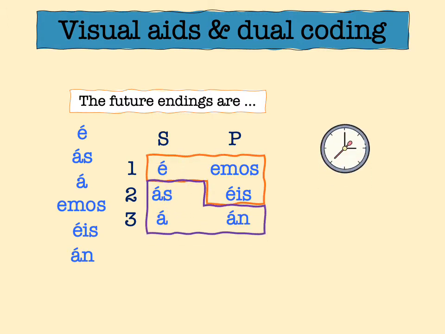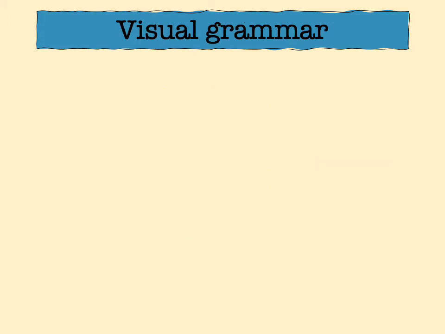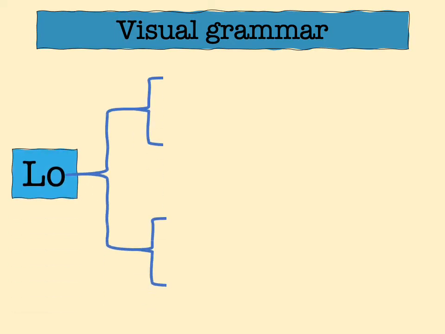And I also try to use phonetic aide-mémoires. So for the Spanish word for when, for example, here we've got taekwondo, and if we lose the tai, we're left with cuando. I also try to provide highly visual explanations for grammar, such as by using highly visual presentations like